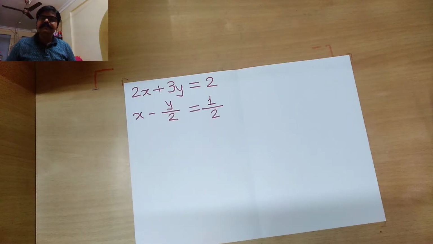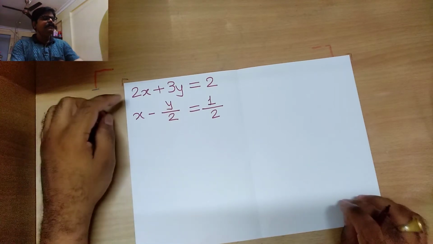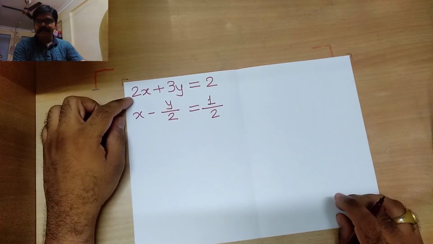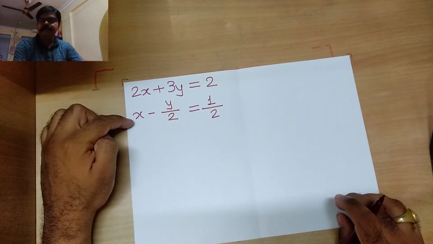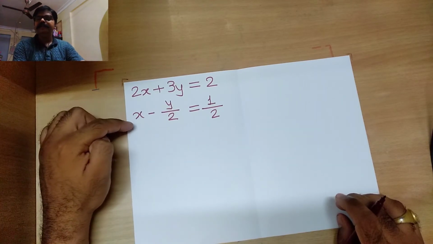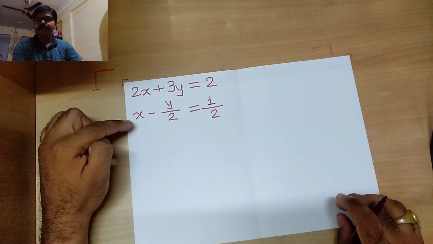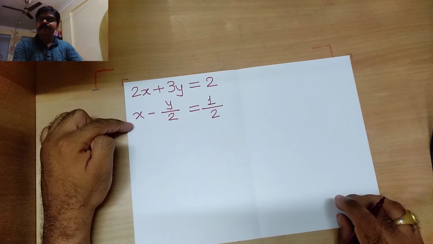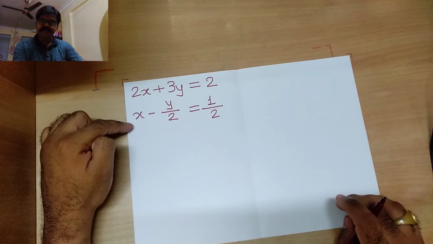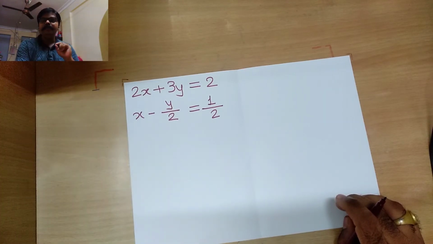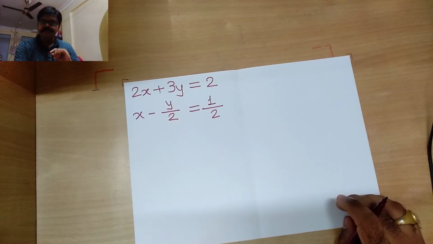Okay, this is another problem which we are going to solve. Now in this problem, what exactly is the special thing is that the first equation is there in the standard format, whereas in the second equation they have given us a coefficient in the form of a fraction. So definitely first we have to get rid of this fraction. Somehow we are going to do the same. Basically we will have to normalize this second equation. So let us see how exactly that normalization is going to go.